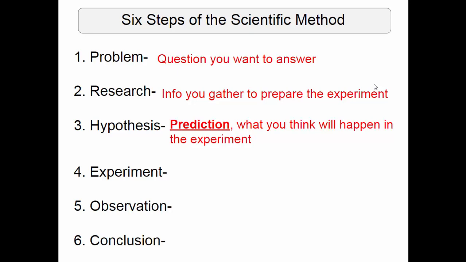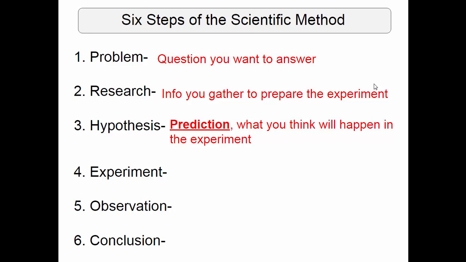So when we formulate a hypothesis, what we're doing is we're making a prediction. We're saying, okay, I'm going to set up this experiment, and this is what I predict the outcomes are going to be. When the girl set up that plant experiment, maybe it didn't say what her hypothesis was, but it could have been plants will grow better under red light. Or maybe it would have been plants will grow taller under blue light. Or it could have been the color of light will not affect the growth of things. But you make a prediction before you even do the experiment.